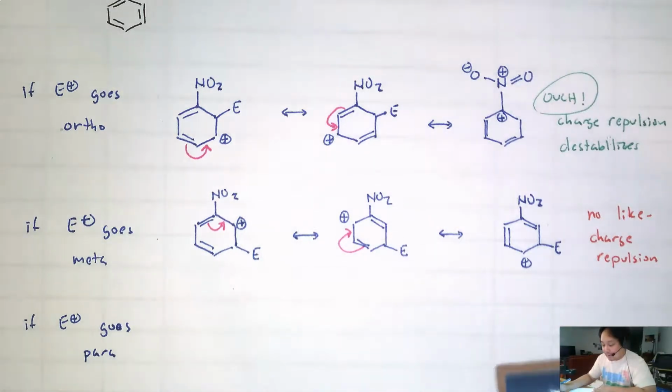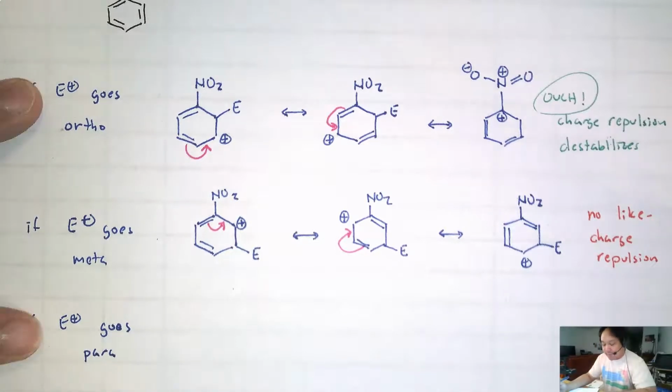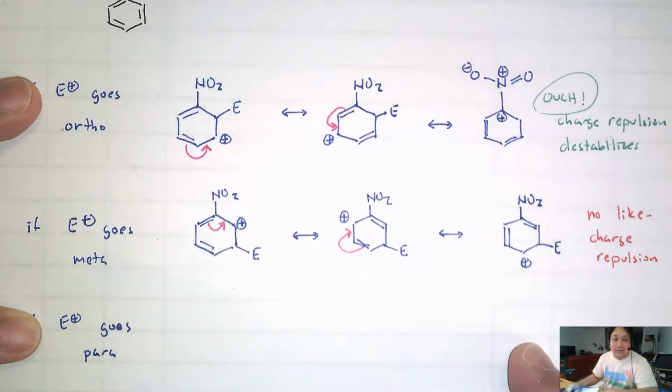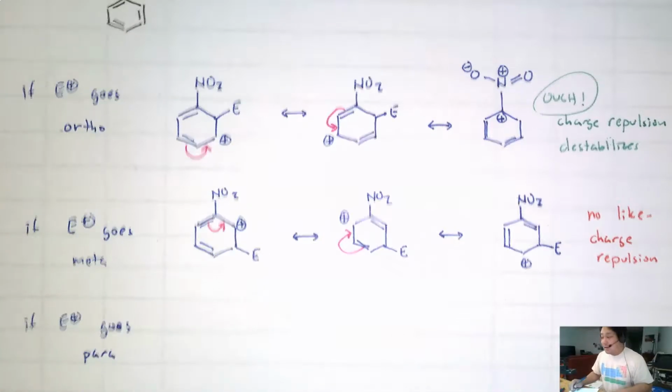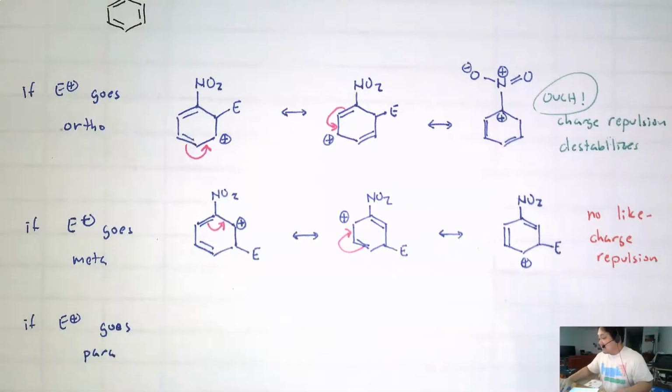Okay. What are we predicting? We're predicting that meta is the best, and ortho and para are going to be obviously worse. Obviously, once you draw out the resonance structures, hopefully it's obvious. Okay. That's the bad. Now there is one thing I want to discuss when there's a bad group, and this